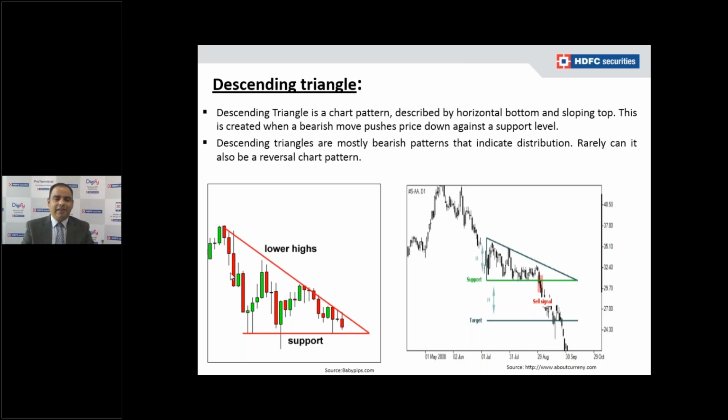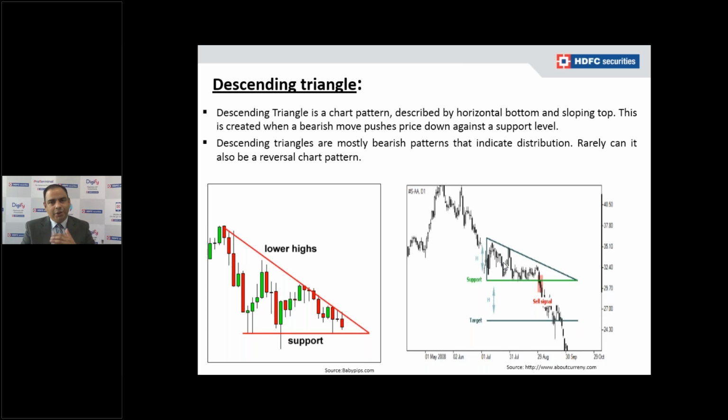So we will see in the left side chart the support level. On multiple occasions the support levels have been tested, but the major trend was down, and on the way up the upside bounce from the support was diminishing. As a result, we can observe a lower high, lower high, lower high, and eventually we can see a downside breakout of the descending triangle. Here in the right side chart, you can see a clear downtrend was established. In between, this descending triangle has formed. You can see converging levels with repeated testing of the support. And finally, the support has been broken on the downside.